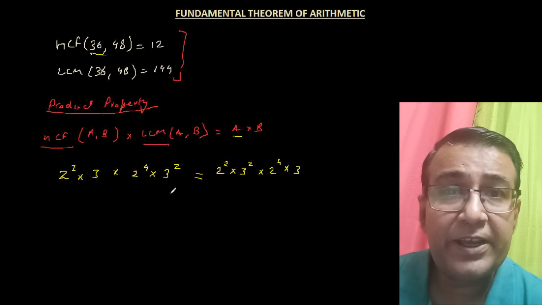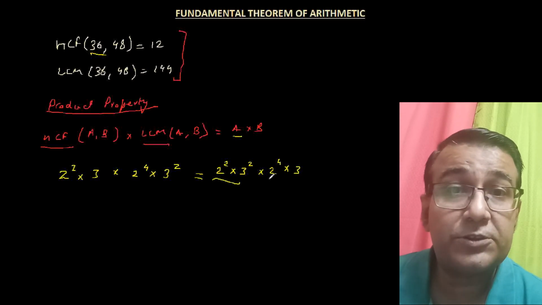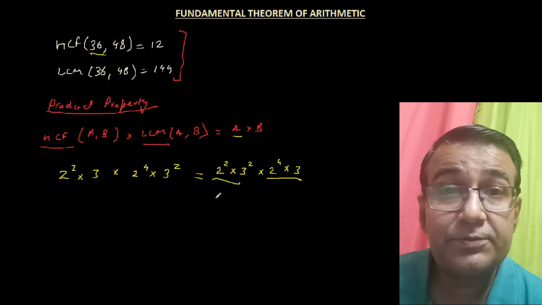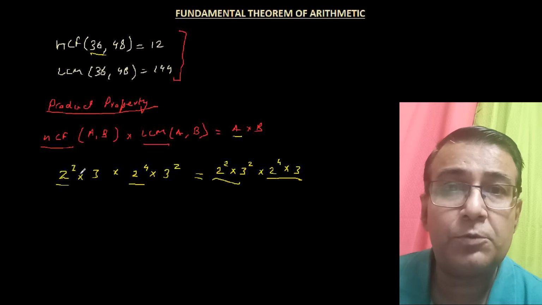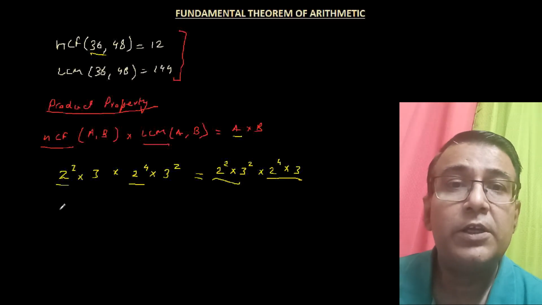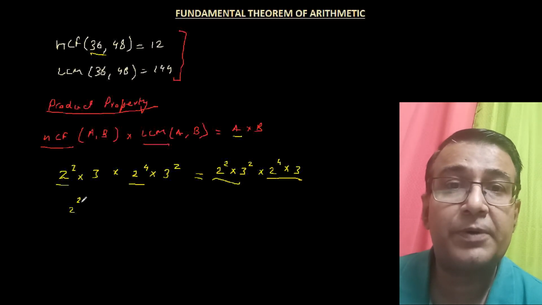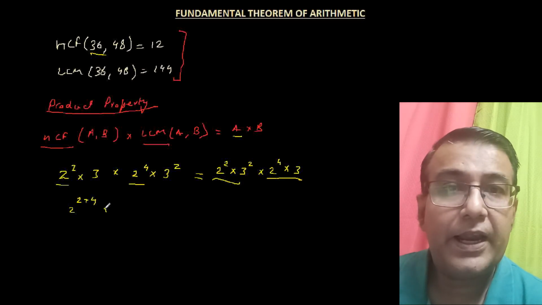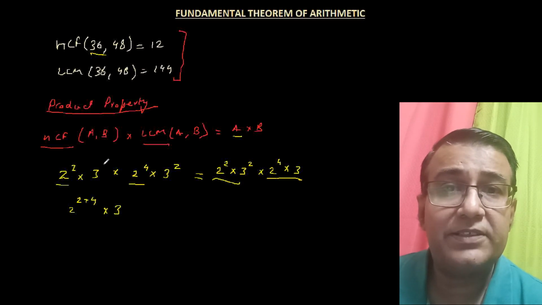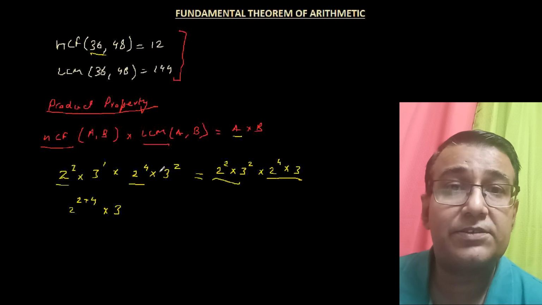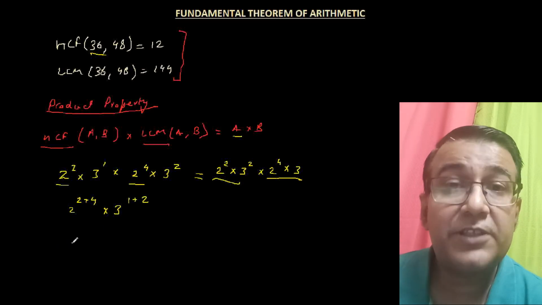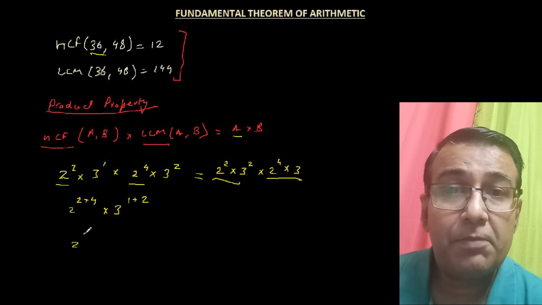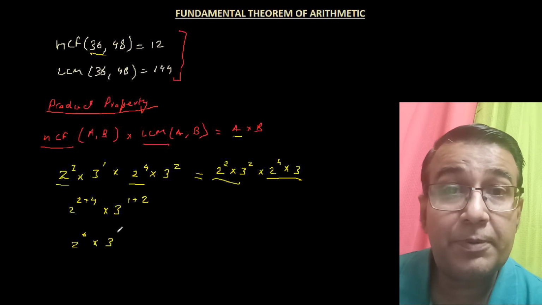So again, simplifying the left hand side, we are looking at the laws of exponents here. So the numbers which have the same bases, when they are multiplied together, the powers just get added. So we've got 2 to the power 2 multiplied by 2 to the power 4. So that will become 2 to the power 2 plus 4. And times again 3, this 3 has got a power of 1, this 3 has got a power of 2. So it becomes 1 plus 2. So that becomes 2 to the power 6 multiplied by 3 to the power 3.